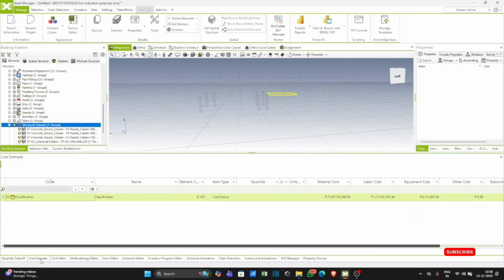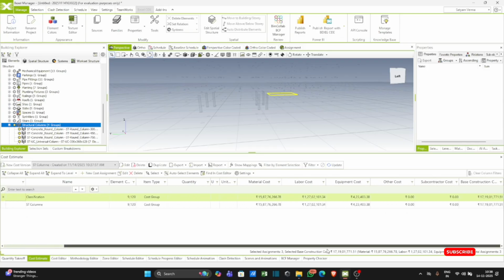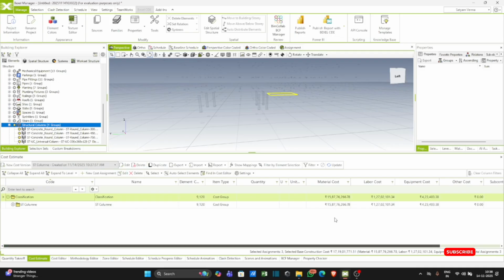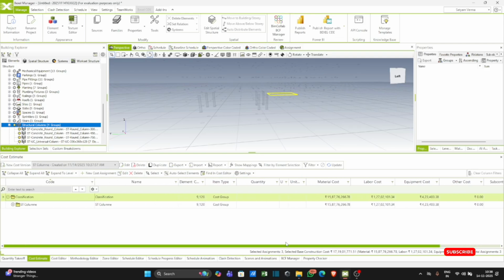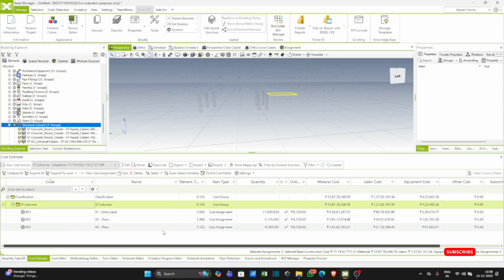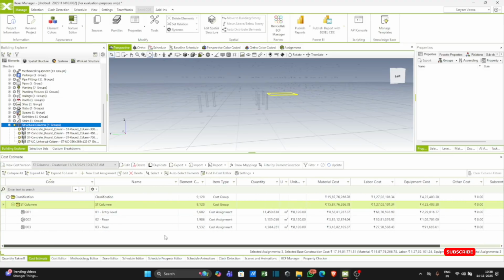Now go to the cost estimate. Here you can see quantity takeoff is completed. It shows the material cost of only the structural members, labor cost and equipment cost. This is floor wise.